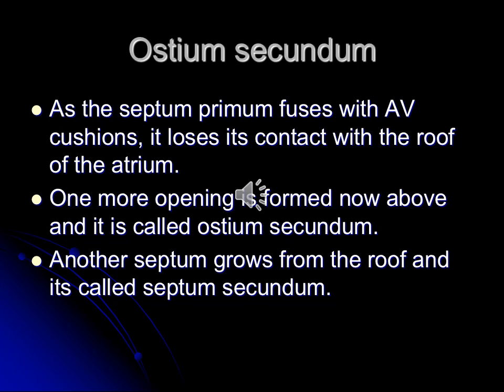Because of the non-functioning lungs and the fused AV cushions, how the ostium primum and ostium secundum differ in their level, which is found in the developing atrium, and the septum secundum, foramen ovale, and what will happen postnatally once the child starts lung breathing.